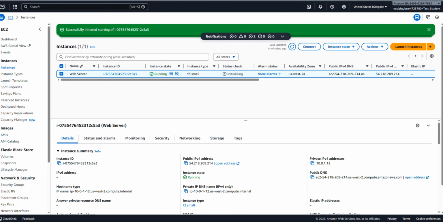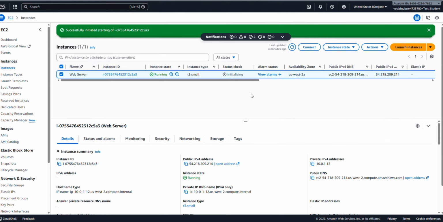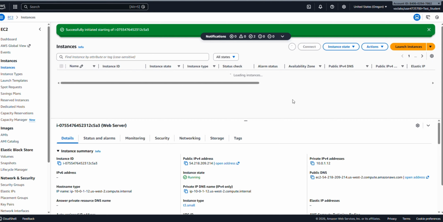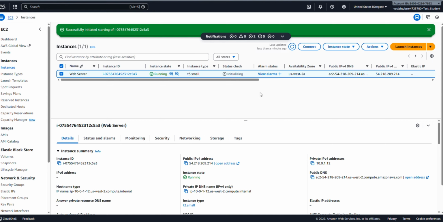Now the last task we want to try is to test our termination protection. You remember we enabled termination protection for this particular instance, so we want to test whether it's working or not. And this is simple. You just have to try to terminate this instance. If it doesn't work, that means the enable button worked. If it works, that means there was something wrong, because we already enabled termination protection, so we shouldn't be able to delete this particular instance unless we go back to remove that termination